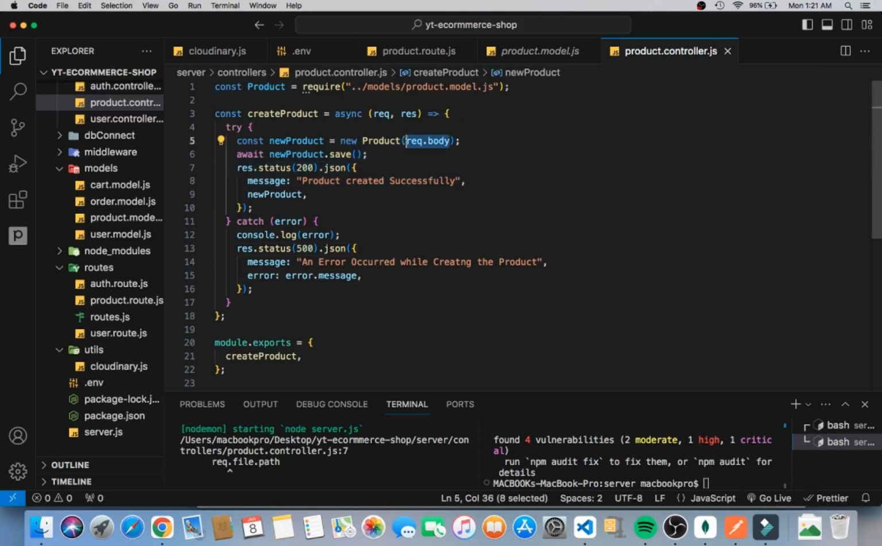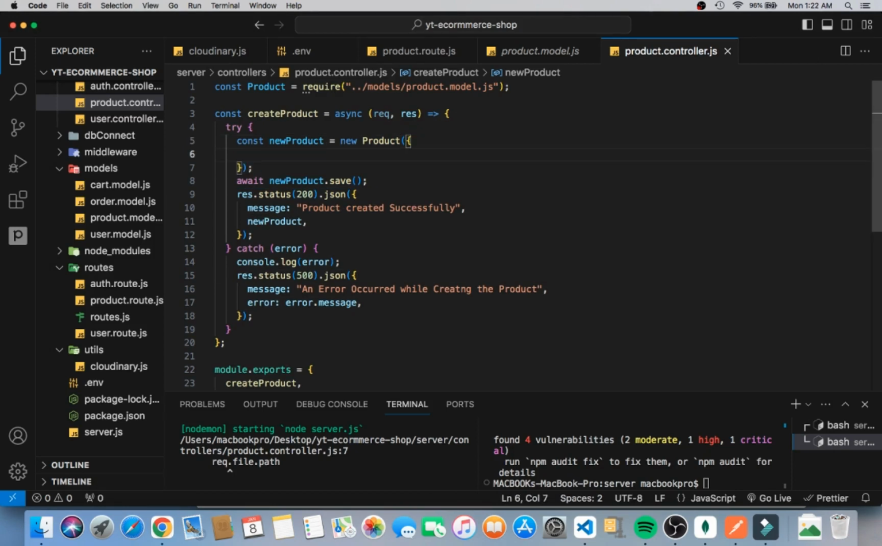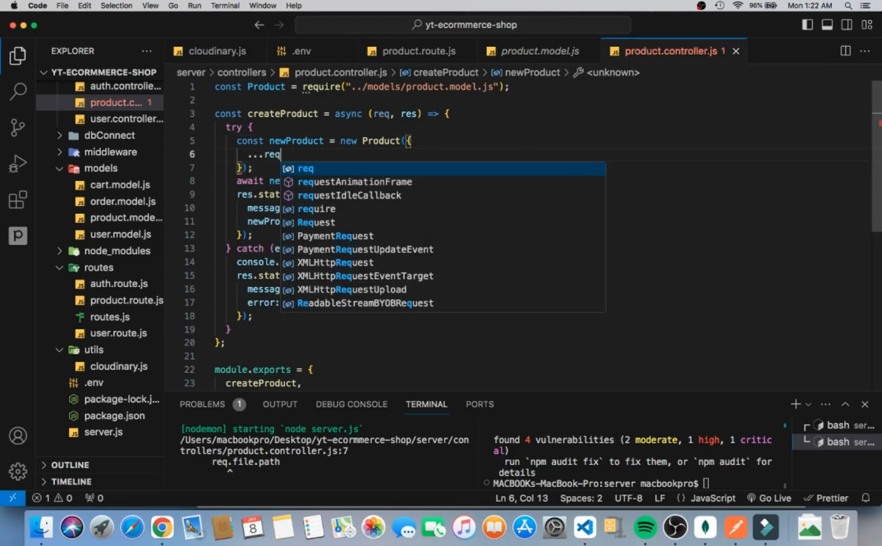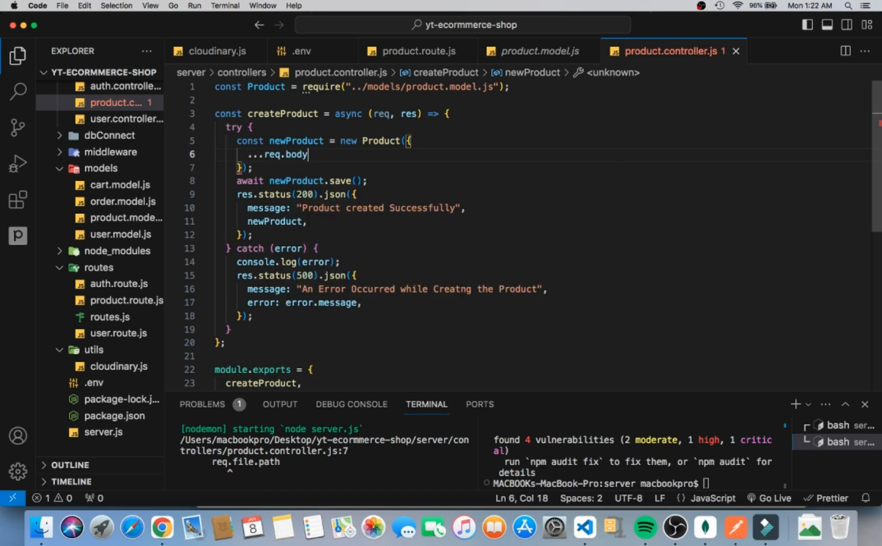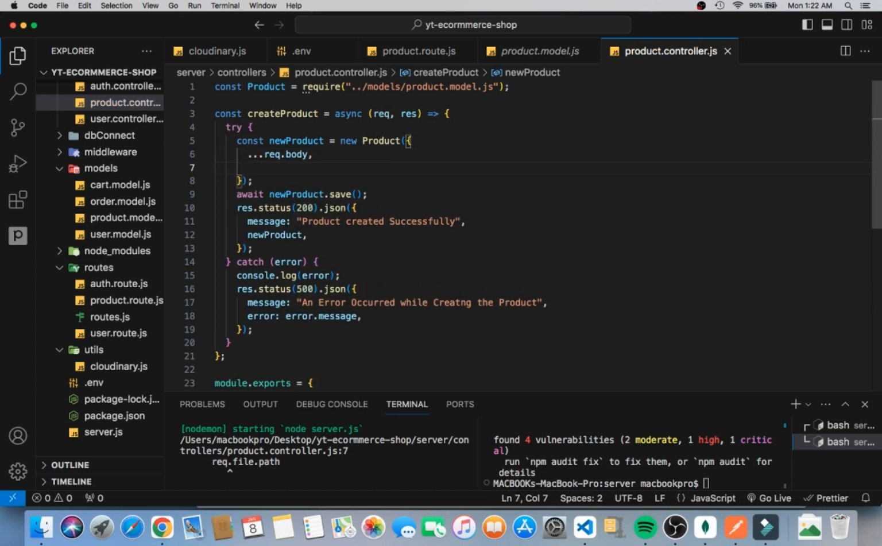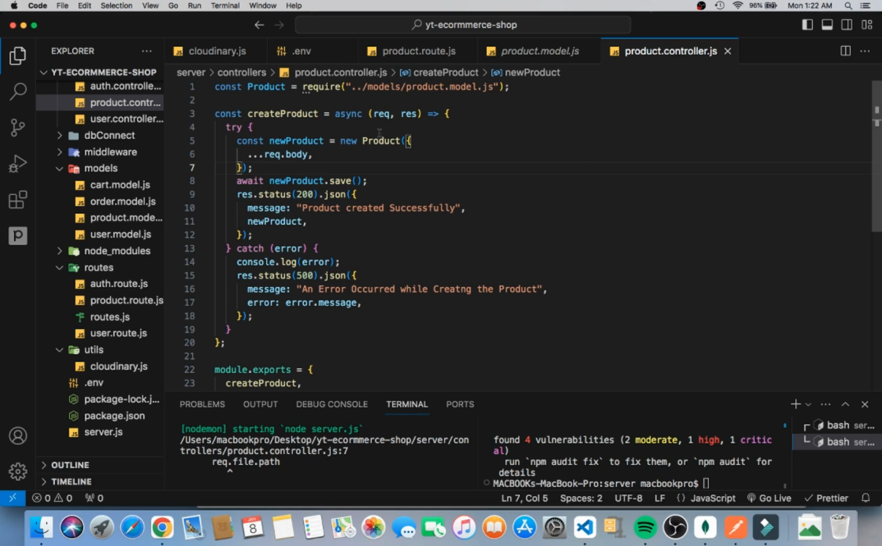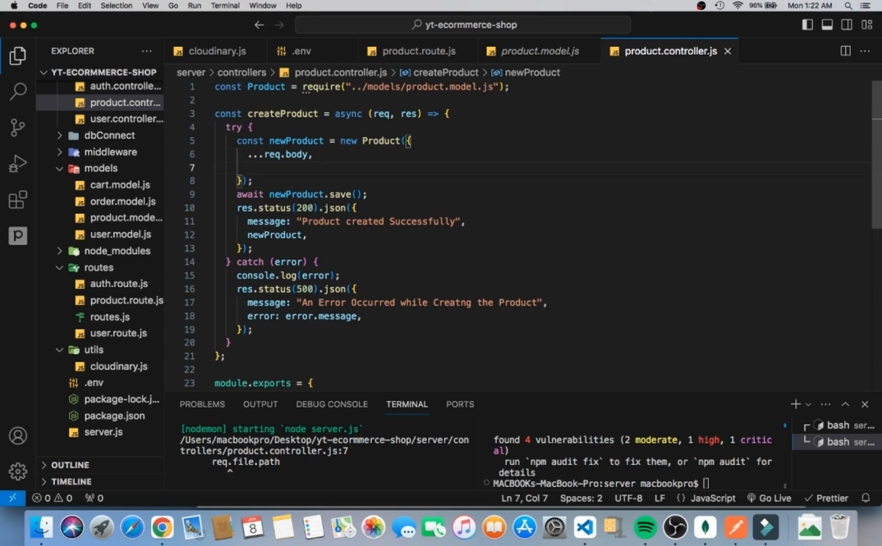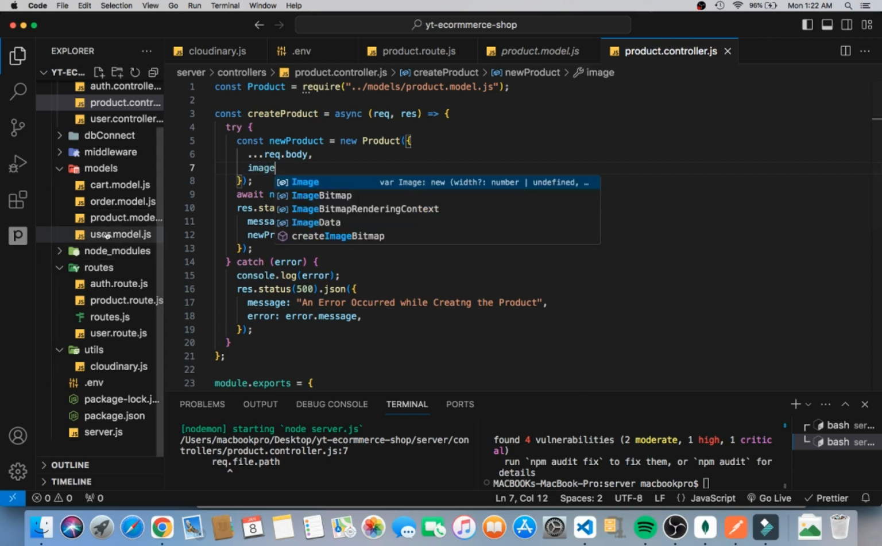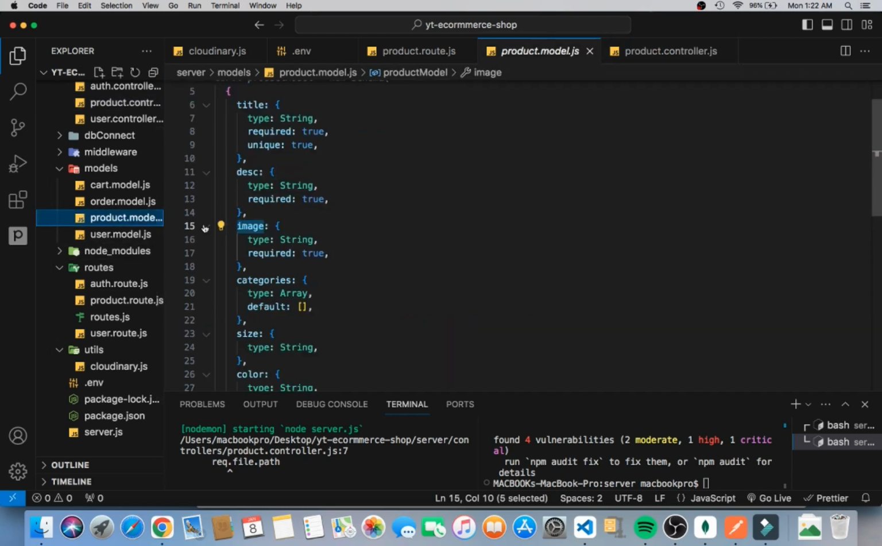I'm obviously going to cut this off, and then I'm going to create an object, and I'm going to spread the object and say request.body. Okay, request.body, obviously. Then inside this request.body here, I'm going to say something like image. Okay, so the image object that we have in here